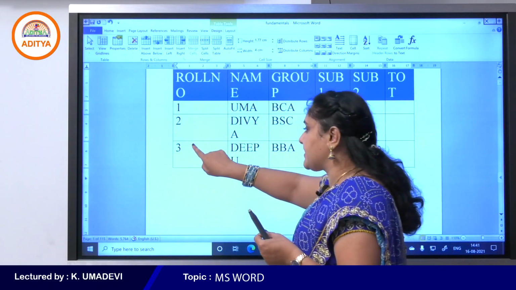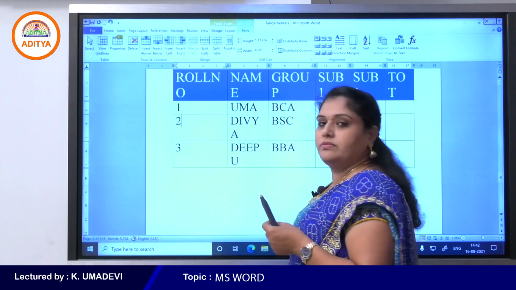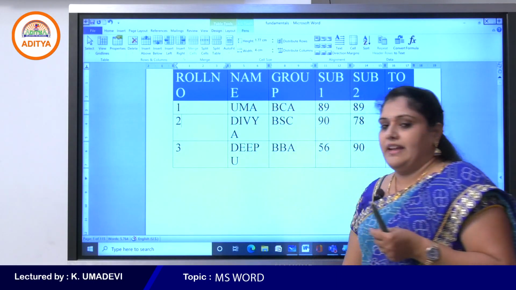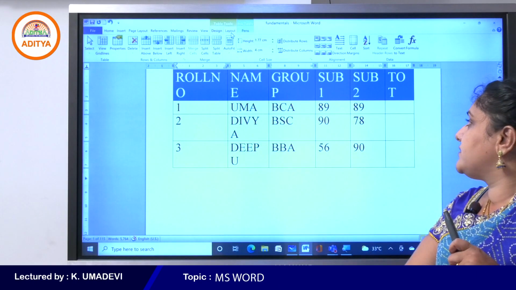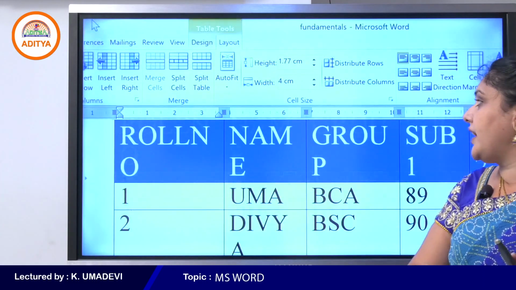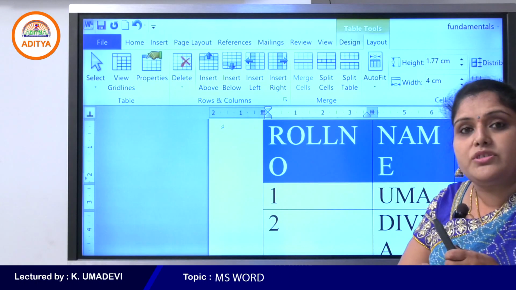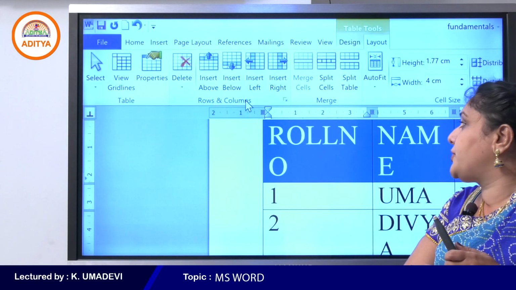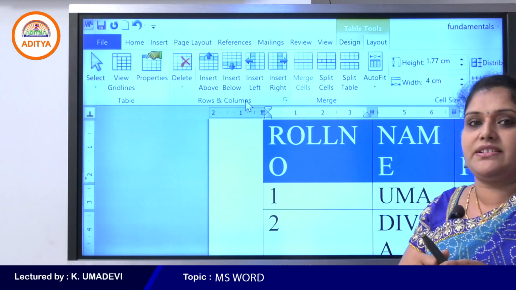First place your cursor on roll number 3 row or 2 row, and then you can go with layout tab. So this is layout tab. I'll zoom in. Under layout tab, there is one important group, that is rows and columns group, available with different commands.